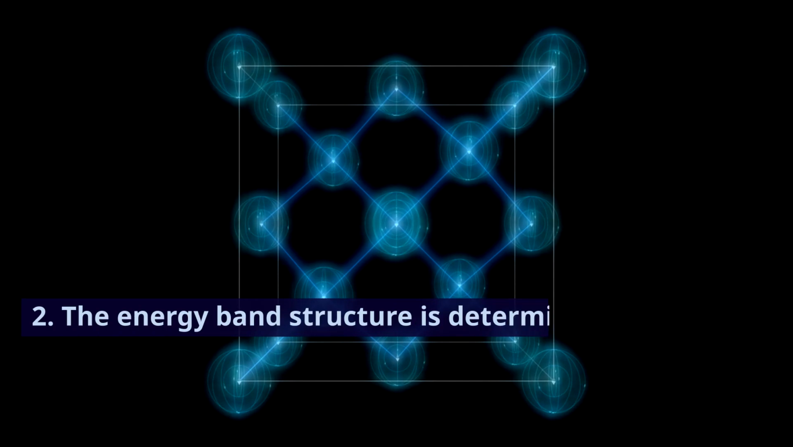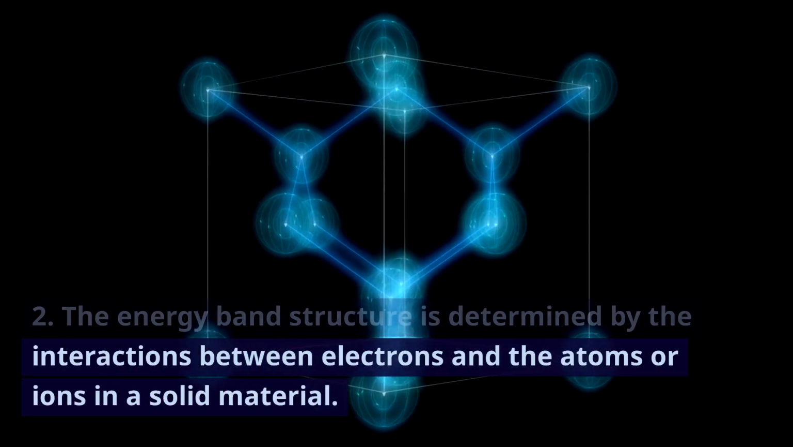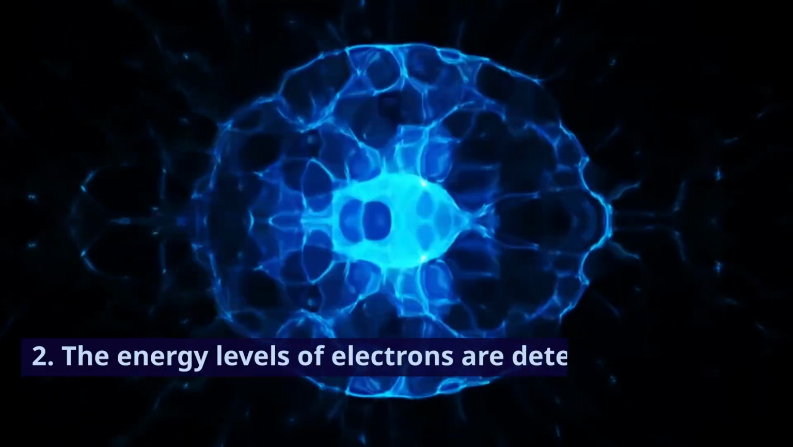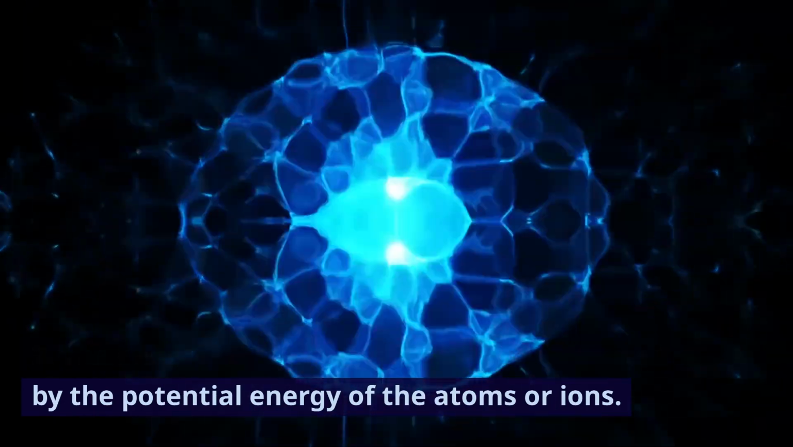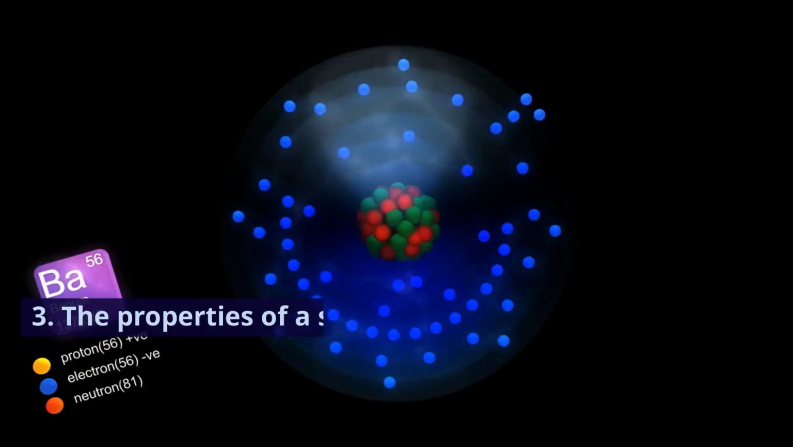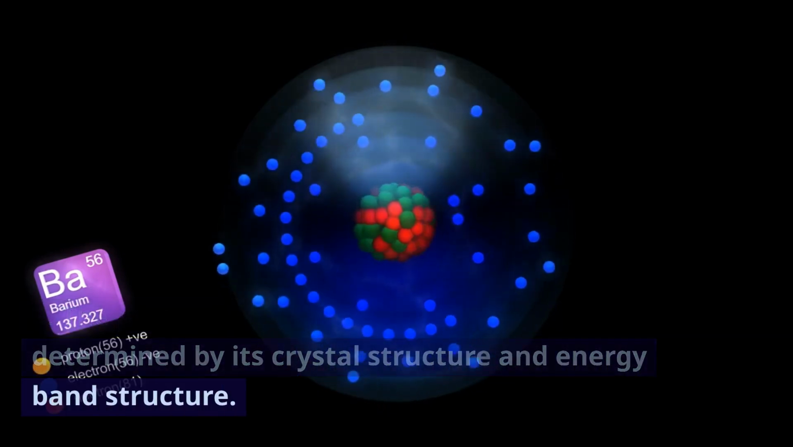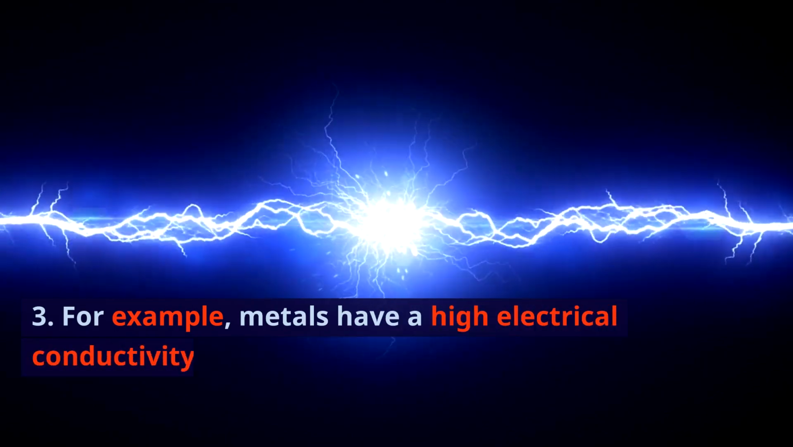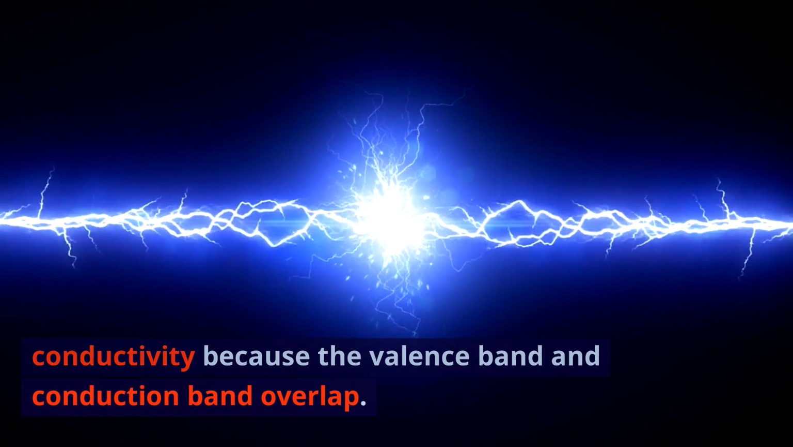2. The energy band structure is determined by the interactions between electrons and the atoms or ions in a solid material. The energy levels of electrons are determined by the potential energy of the atoms or ions. 3. The properties of a solid material are determined by its crystal structure and energy band structure. For example, metals have a high electrical conductivity because the valence band and conduction band overlap,